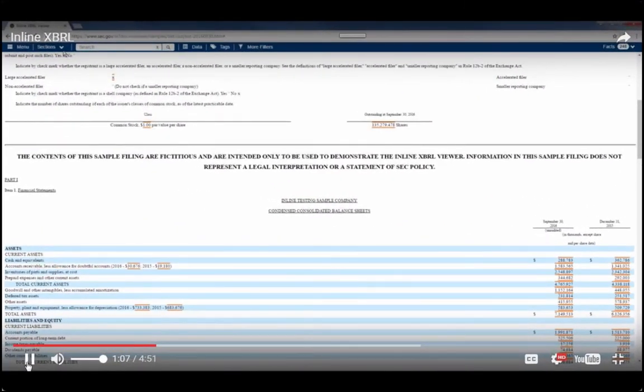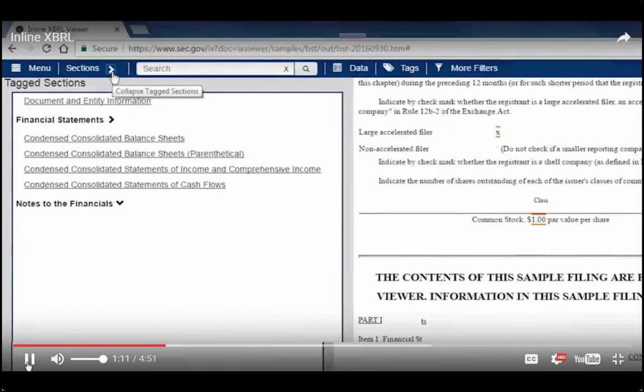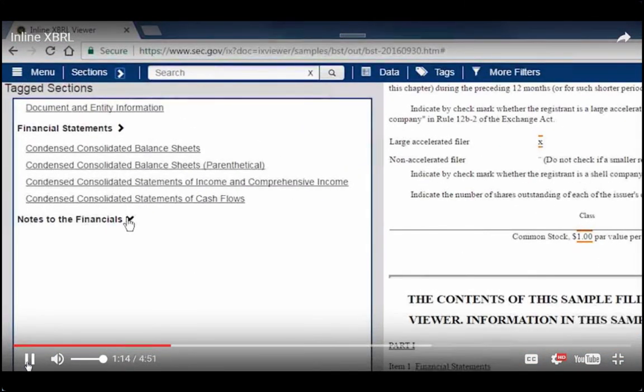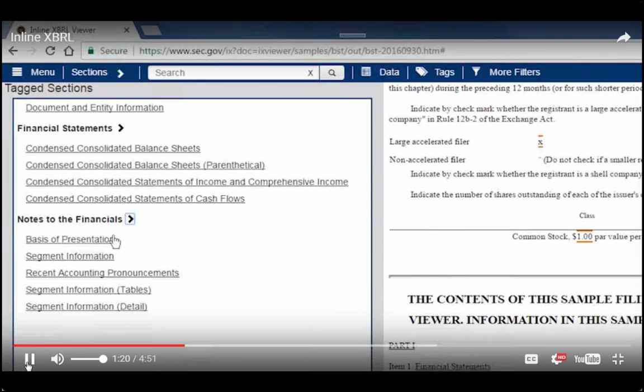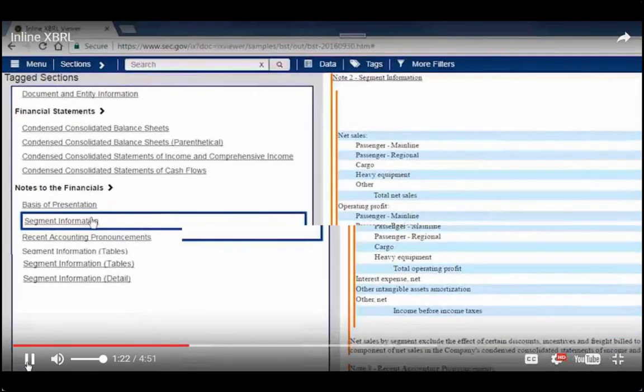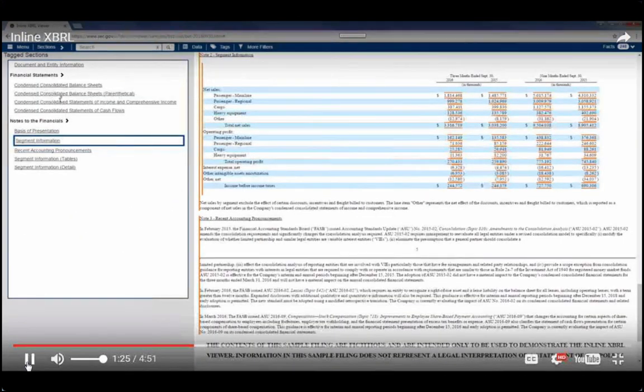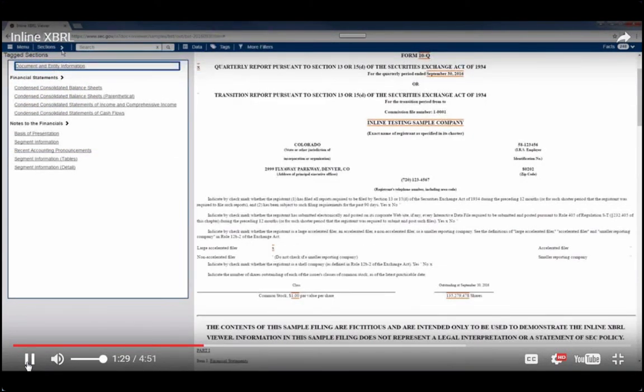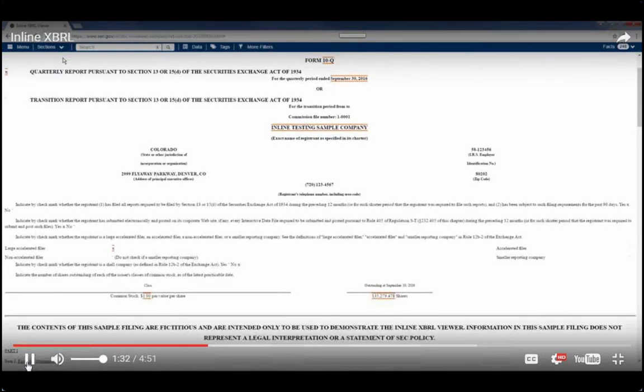Our viewer lets you easily navigate a filing. On the left-hand side of the toolbar, you'll find tagged sections. Expanding this will show a table of contents for the various tagged financial report sections. For example, expanding the Notes section and selecting segment information will take you to that footnote, while selecting Document and Entity information will return you to the top of the filing. This feature can help you to quickly find the disclosure you're looking for without having to learn the presentation structure